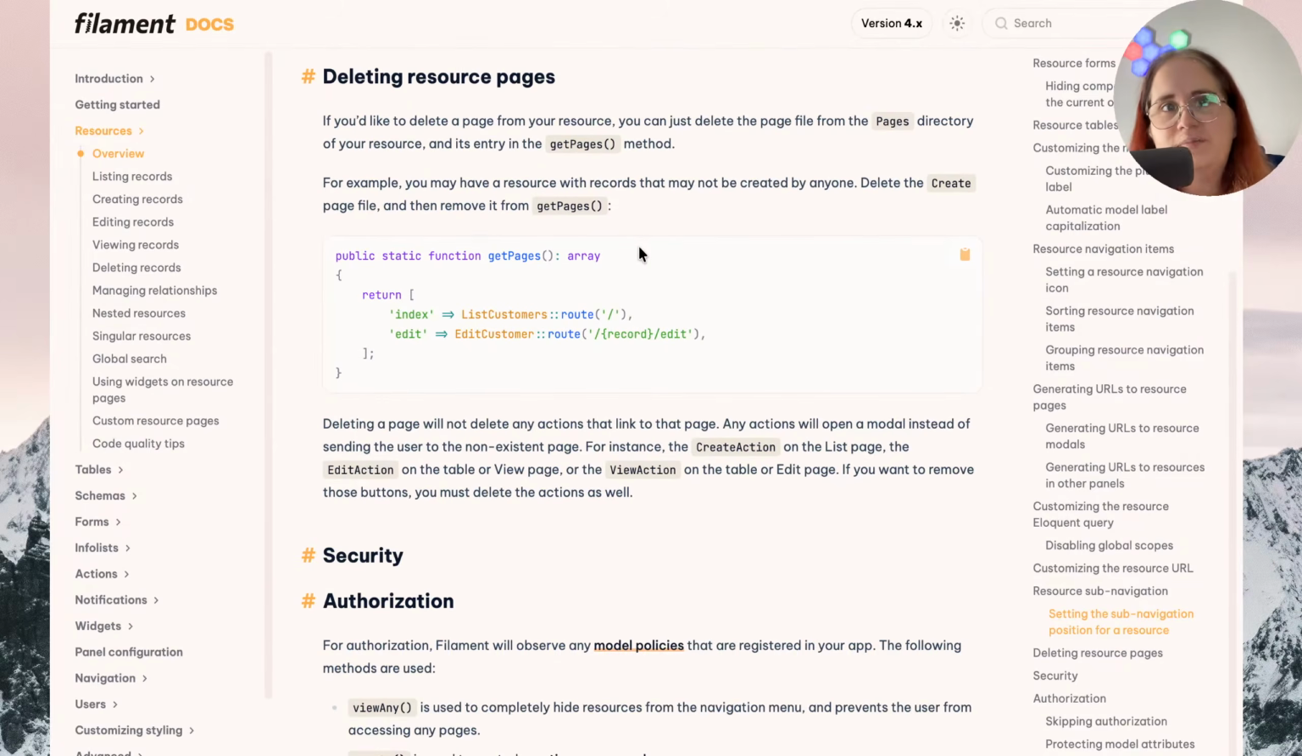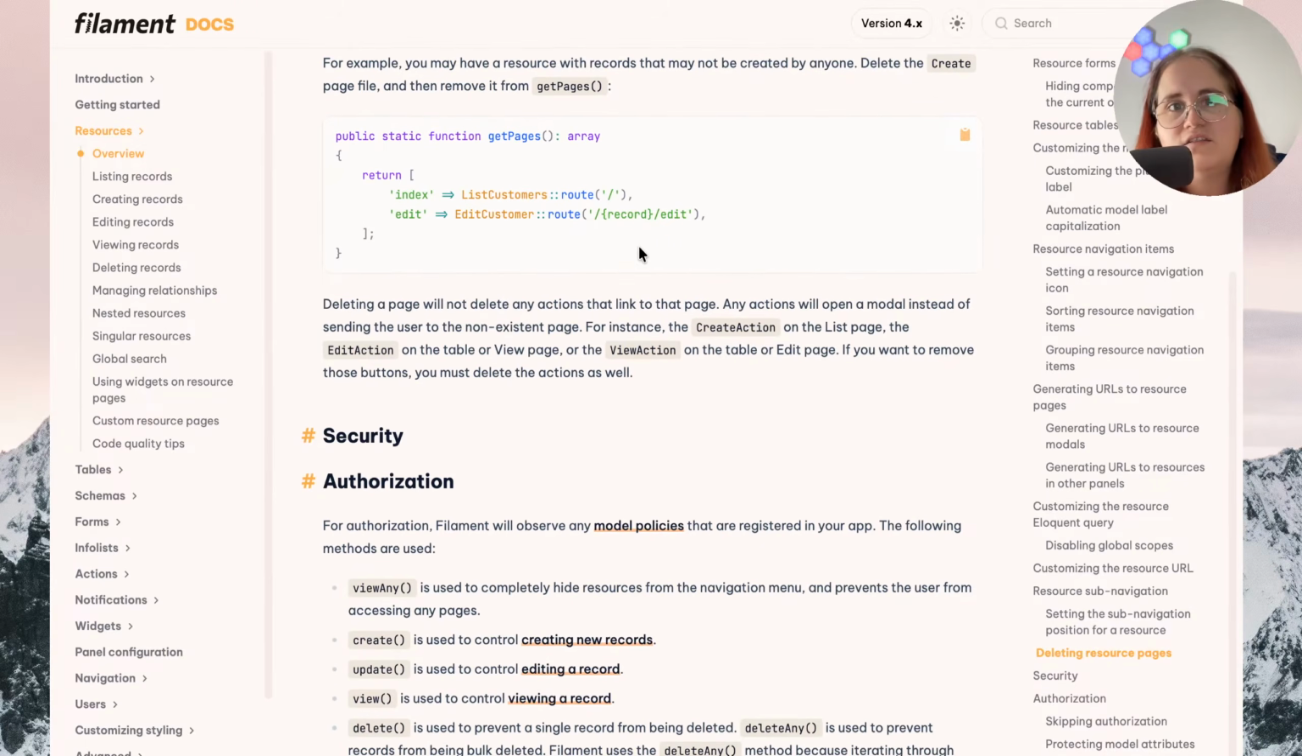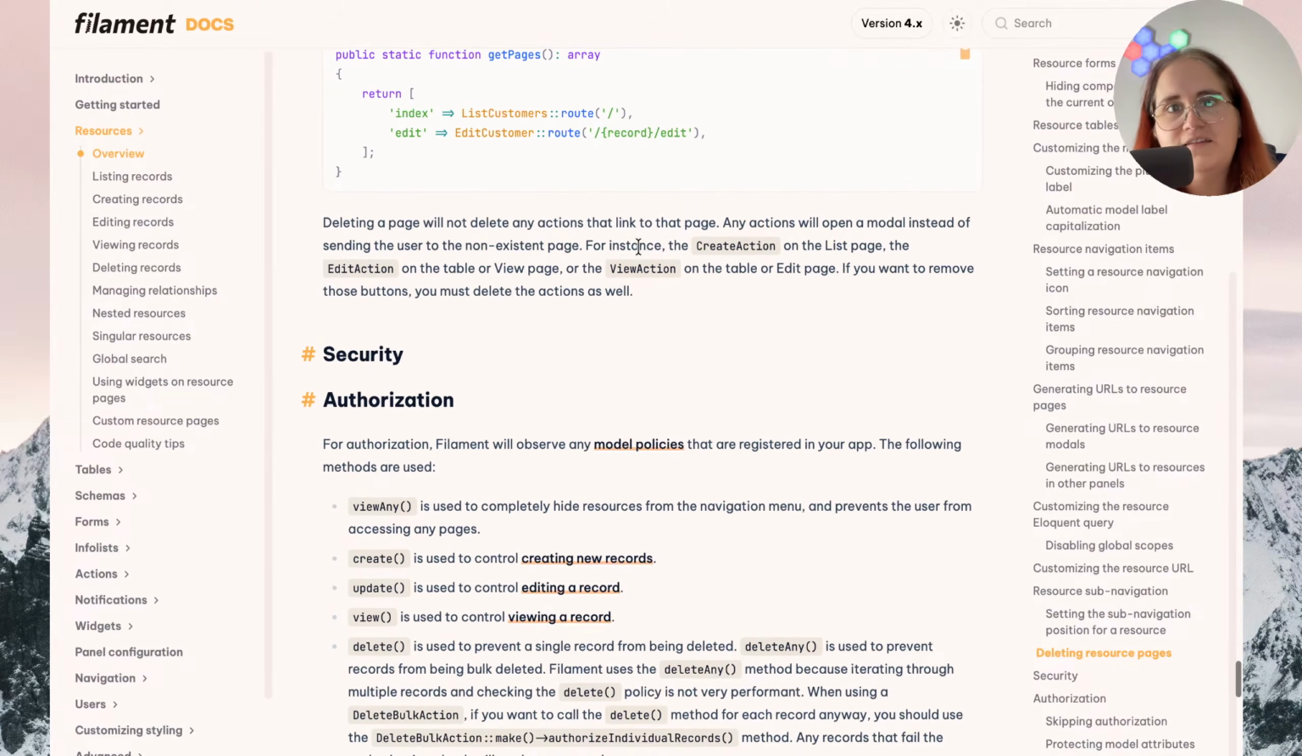Deleting resource pages. If you would like to delete a page from your resource, you can just delete the page file from the pages directory of your resource, and this entry in the getPages method. For example, you may have a resource with records that may not be created by anyone. Delete the create page file and then remove it from getPages. public static function getPages(): array { return ['index' => ListCustomers::route('/'), 'edit' => EditCustomer::route('/{record}/edit')]; }